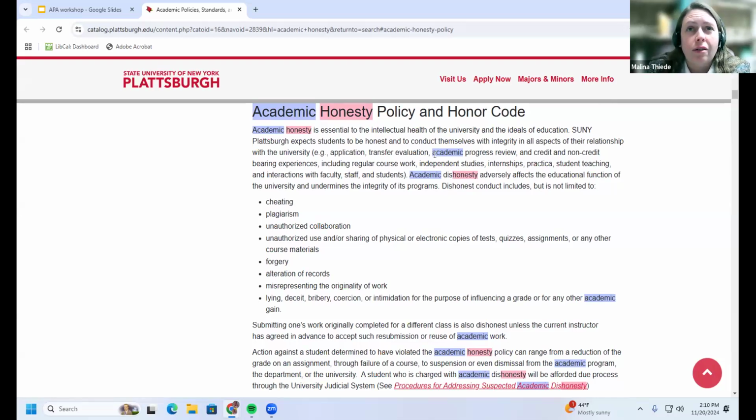So if you're supposed to do something on an individual basis and you're doing it in a group, you're not supposed to do that. Sharing your tests or quizzes online, or even offline, you're not supposed to share those items. Forgery, so saying you did something when you didn't, et cetera, misrepresenting the originality of your work.